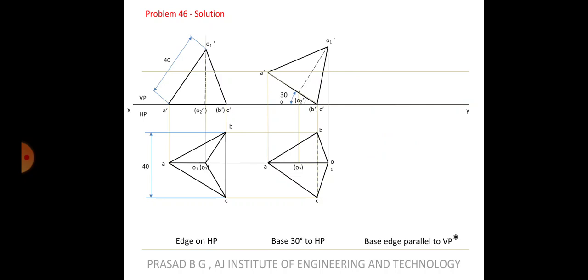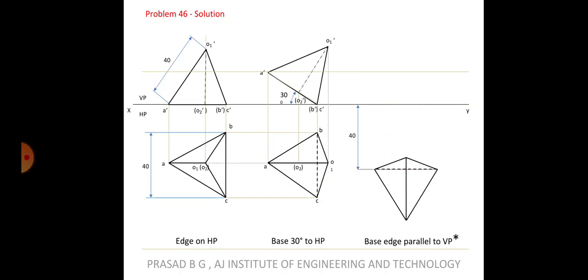It would have been possible that we keep it anywhere, but the condition should have been BC should be horizontal. But in addition to that, in this question they have also said that it is parallel to VP and also it maintains a distance of 40 mm from vertical plane. That means from XY line, BC should be at a distance of 40 mm. That is just an additional data that they have given. So what you have to do first? You have to draw one locus line or a reference line at a distance of 40 mm from the XY line. Then you have to place BC on that particular line.